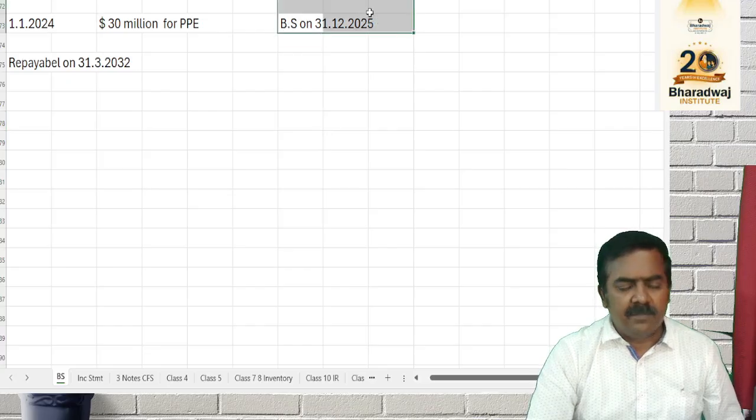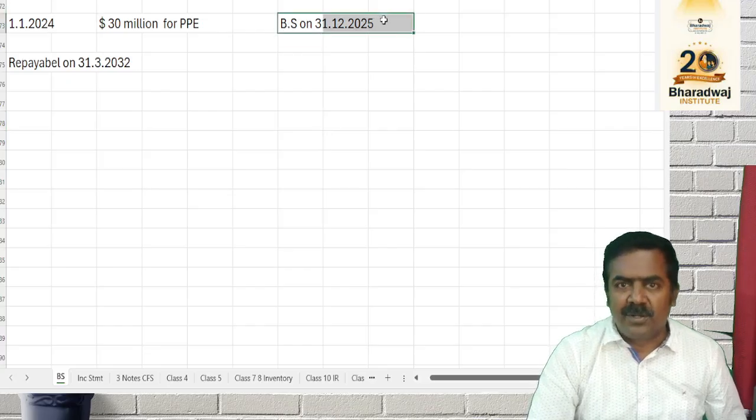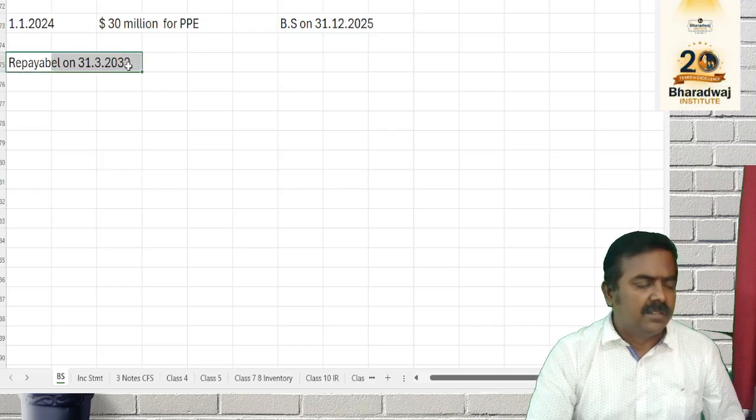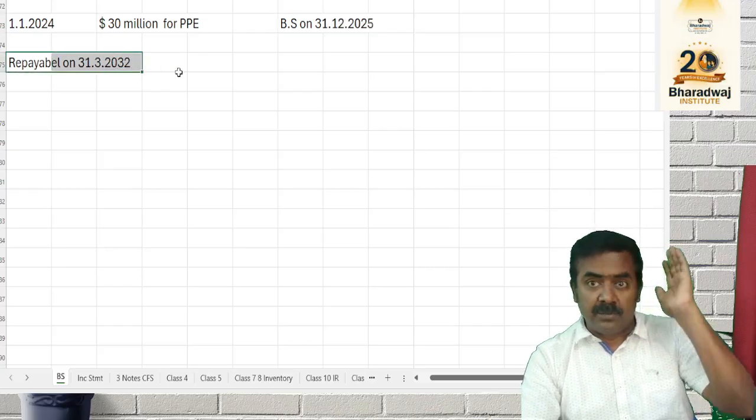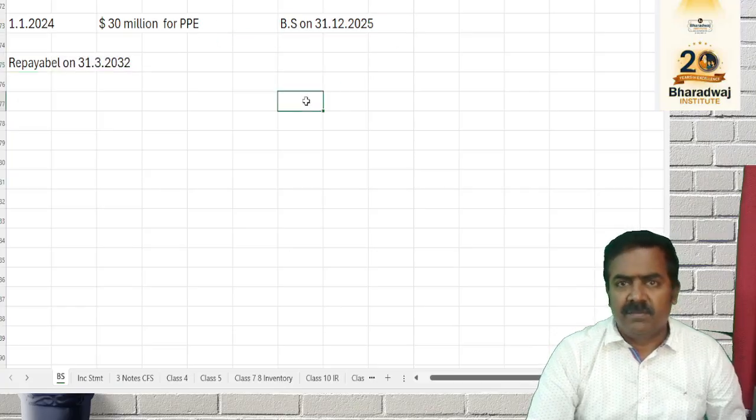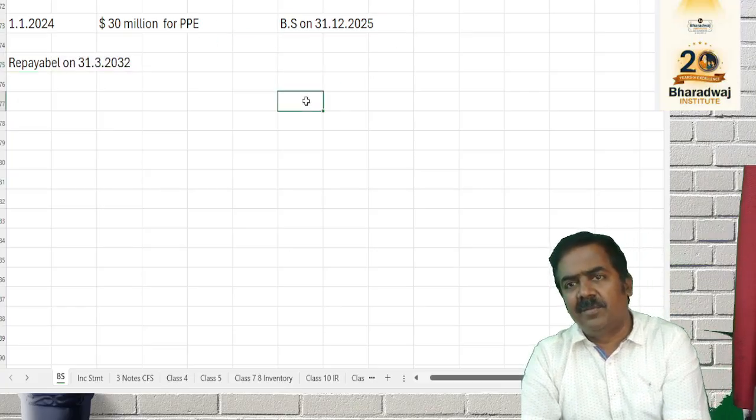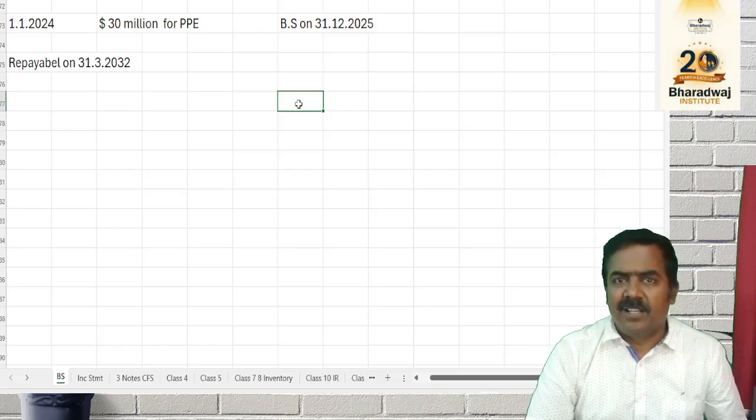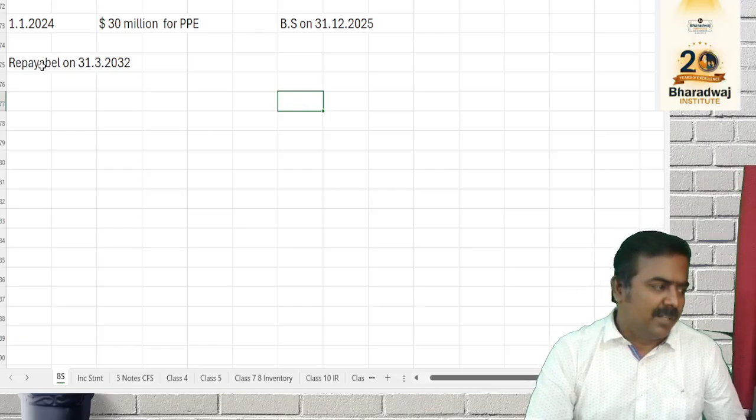What is the balance sheet date? 31/12/25. When is the loan repayable? 2032. From now, we have 7 years. Is it a non-current liability or current liability? Non-current liability. Let's assume